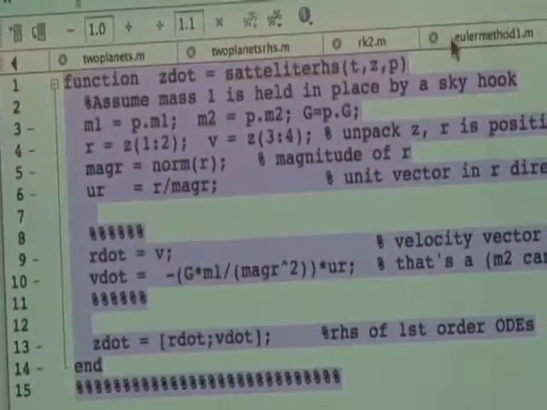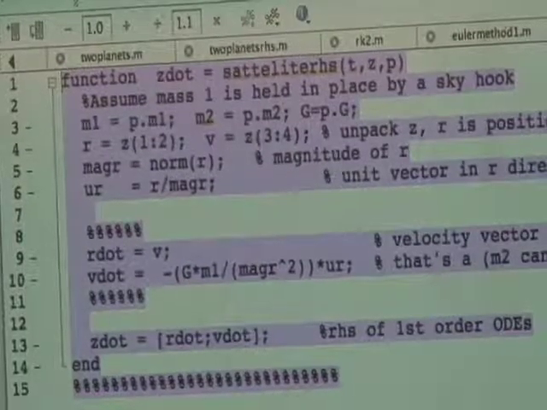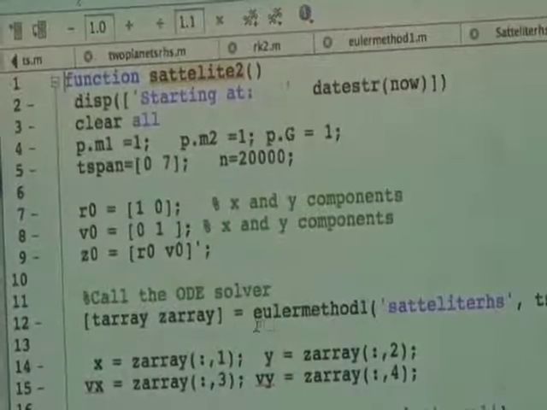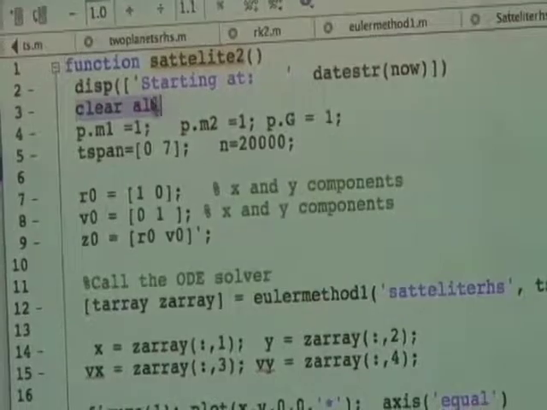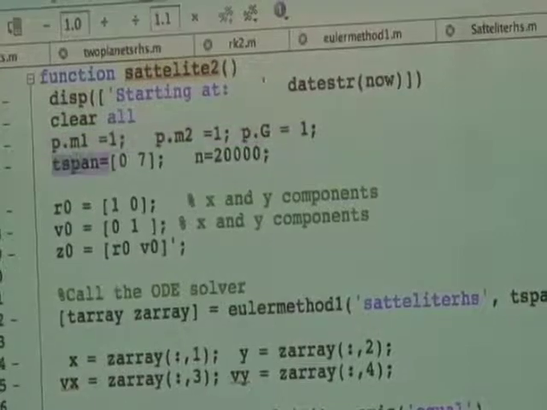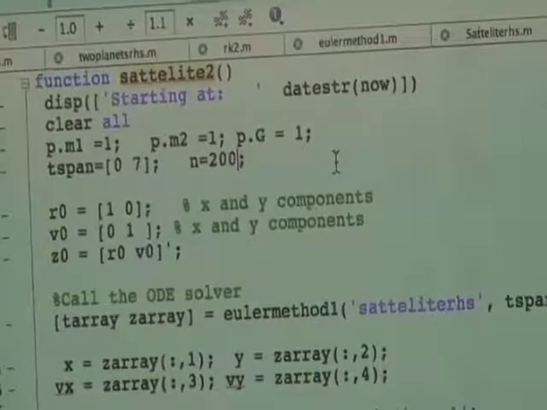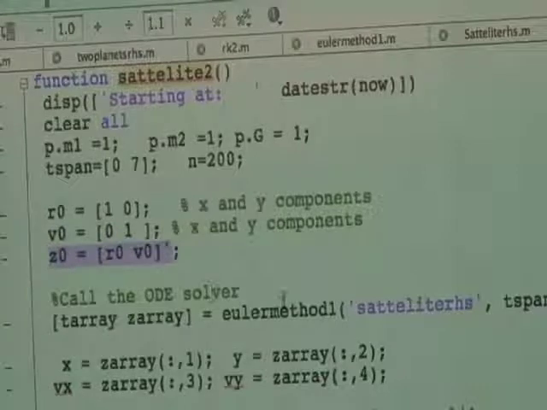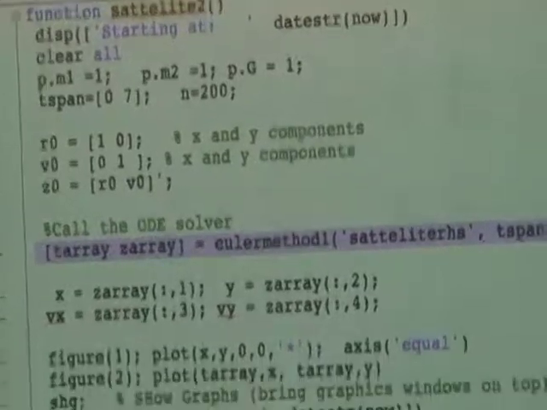So now, let me just show you the fancy syntax thing that happened here. In calling this thing, we use the top part of the program where we set this up. We say clear everything, let's start at a certain time so we can tell what's happening with debugging, let's define our parameters, let's say how long we're going to solve the problem, and how many steps we're going to use to solve it. Let me not do so many steps so I don't waste time. Let me put in the initial position, the initial velocity, a list of 4 numbers of position and velocities, and now I'm going to ask my little Euler solver, which solves every problem, to solve this problem.